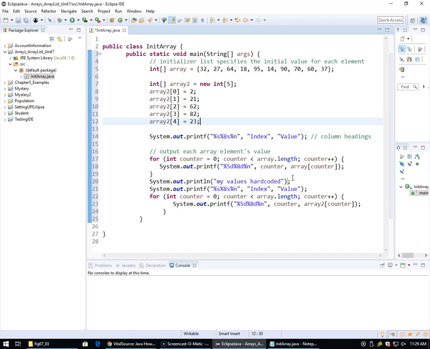Then again go back, counter 2 less than 10, yes. Come back, print 2, and then array of 2, which is now 64. Everybody good? So now if I run my array,